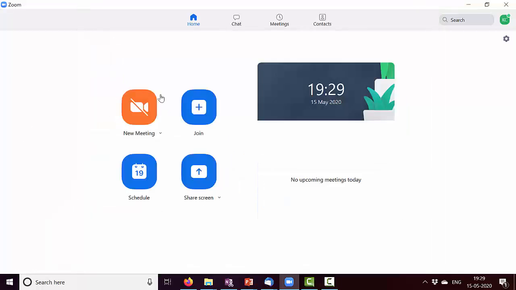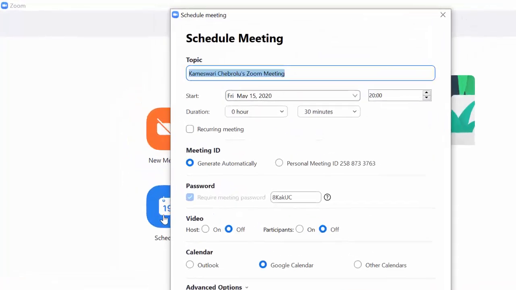In Zoom, you can start a new meeting. This is for ad hoc meetings where just like that you want to start a meeting. As teachers, we often want to schedule meetings. So for that, this is a useful thing to do. Students will use the join option to join the meetings which you have scheduled. So let's start with schedule as a teacher.